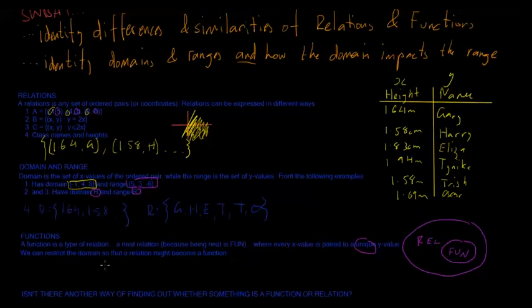So we could restrict the x values, or the height values, and take away anything under 1.65, which means that the range would be left with